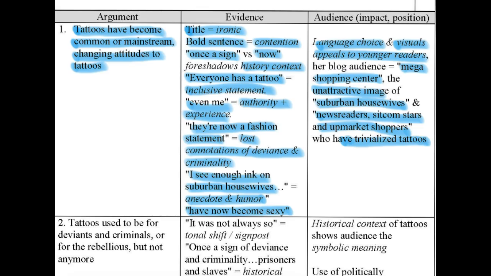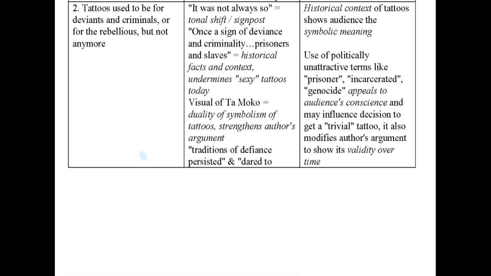Right, let's just go down to the second argument. The second argument was that tattoos used to be for deviants and criminals, for the rebellious, but not anymore. The evidence that we picked out, the quote, it was not always so. That was a tonal shift and also a signpost. Once a sign of deviance and criminality is prisoners and slaves. The choice of the language there, historical facts and context, which serves to undermine the fact that tattoos are sexy